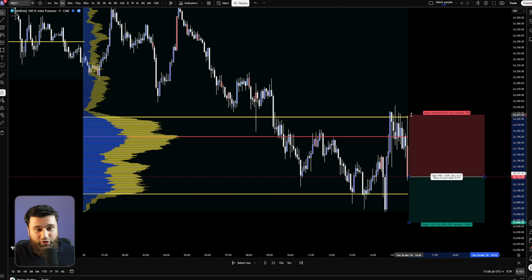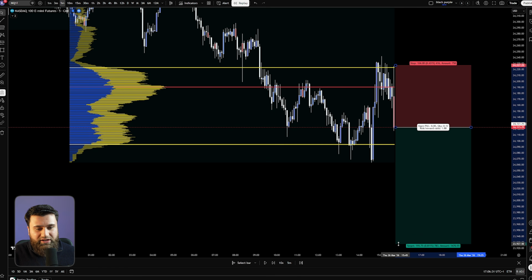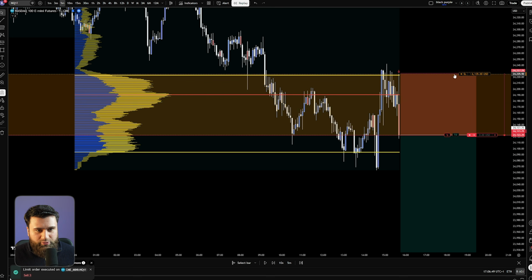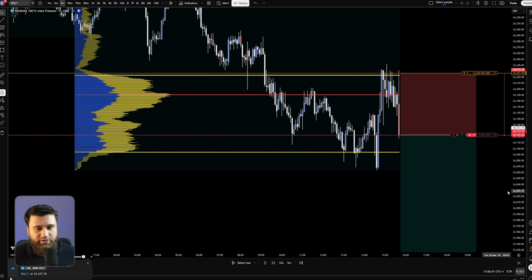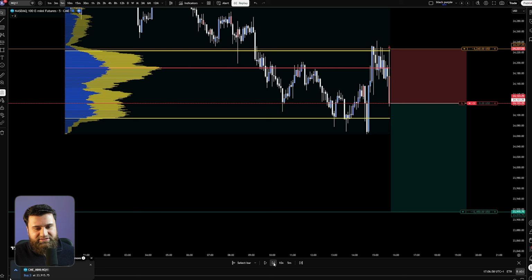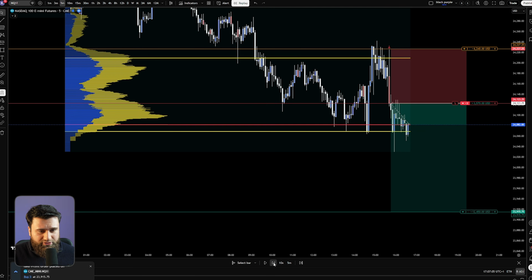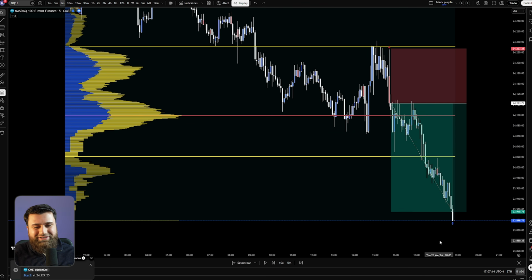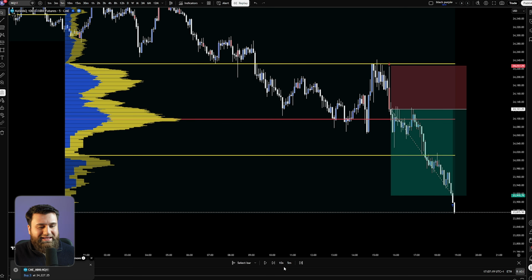and that brings us to the last step, which is the execution, guys. So I will not hesitate here and execute a short, and as always we will target a 1 to 2 minimum, guys. So we got into the short. Stop loss gonna be above the high here. We will target the 1 to 2 like I said, and let's see what happens, guys. Okay, back to break even here. Look at that. Okay, so it took some time, but the take profit got hit, and just like that, the trade is done. Simple trades, simple strategy, simple rules, and if you follow a super simple strategy, you get the